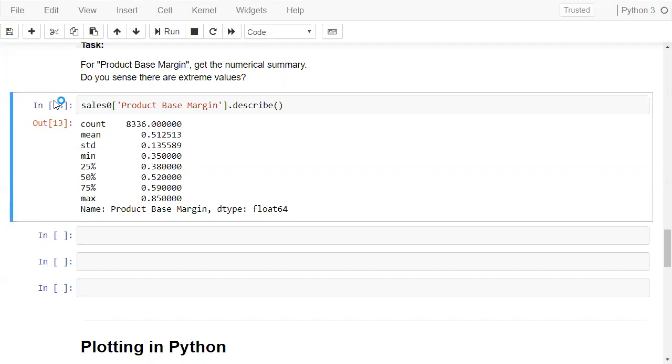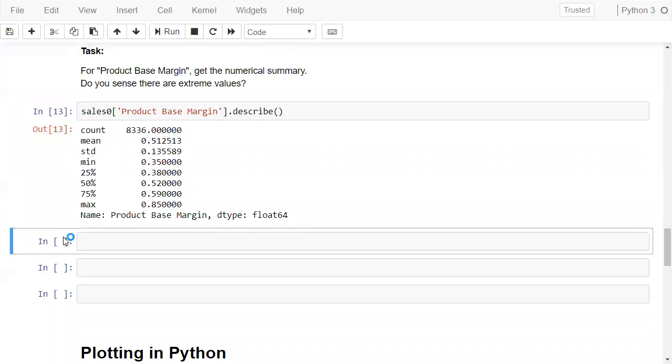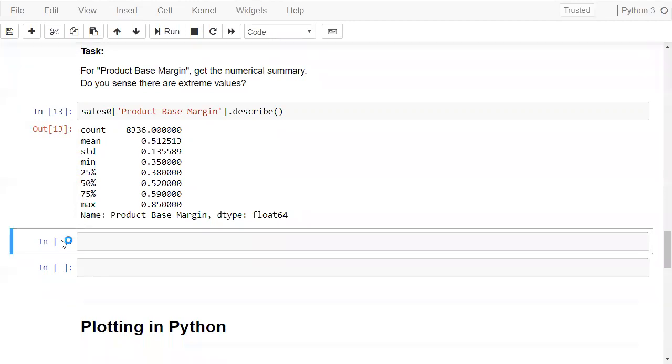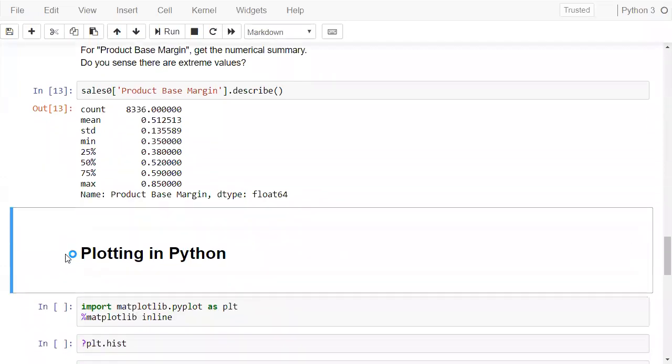Okay, looking at a numerical summary. So that was as simple as that. Now, these are the numerical approaches to evaluate. But why stick to numerical values, right? Because number summaries can really fool us. I mean, it's not really very intuitive also, right? The best thing is, of course, plotting, and there are multiple